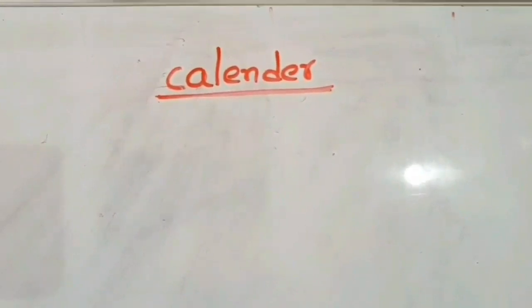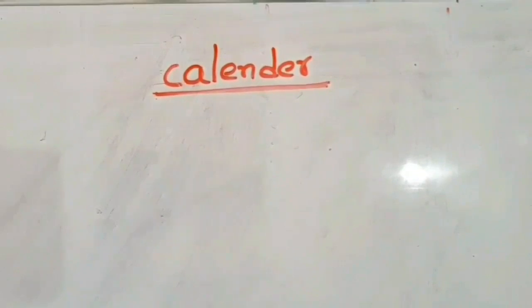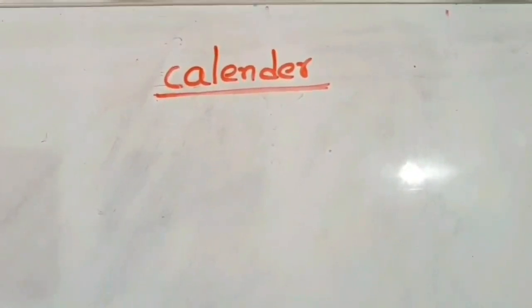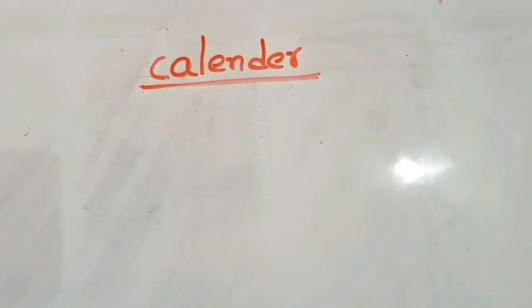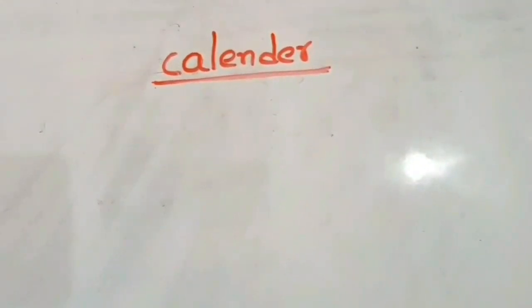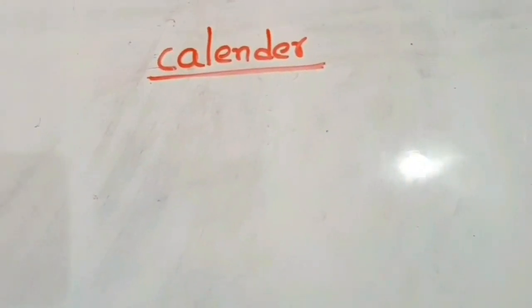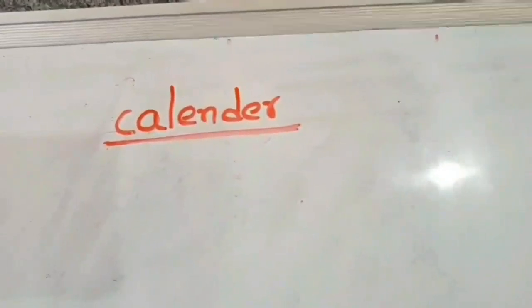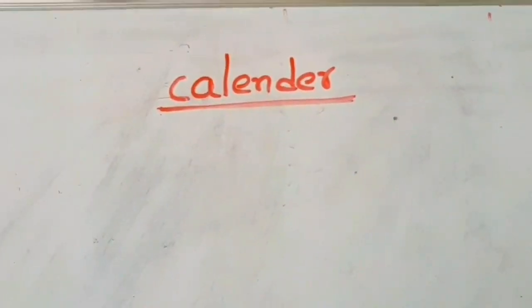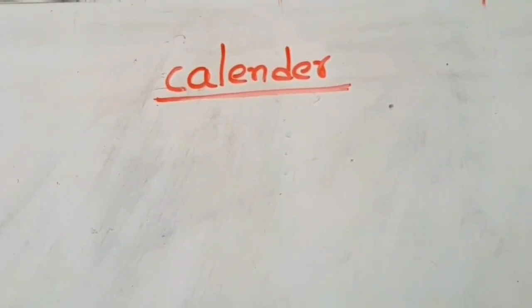Second way of asking the question is, they will give you a year, for example 2010. This 2010 calendar is the same as which year's calendar. And the third way of asking the question is, they will give you a reference date or day and ask you to calculate some other day. About this calendar topic, these three types of problems are more important.